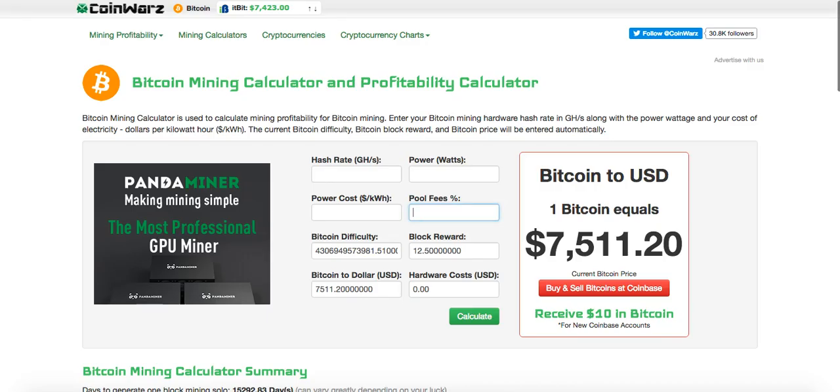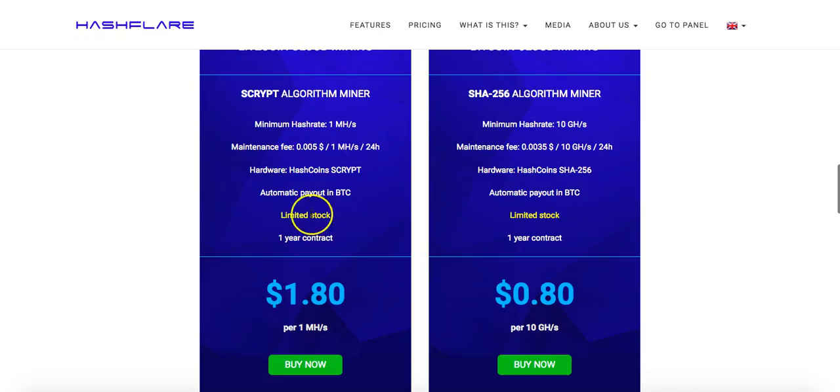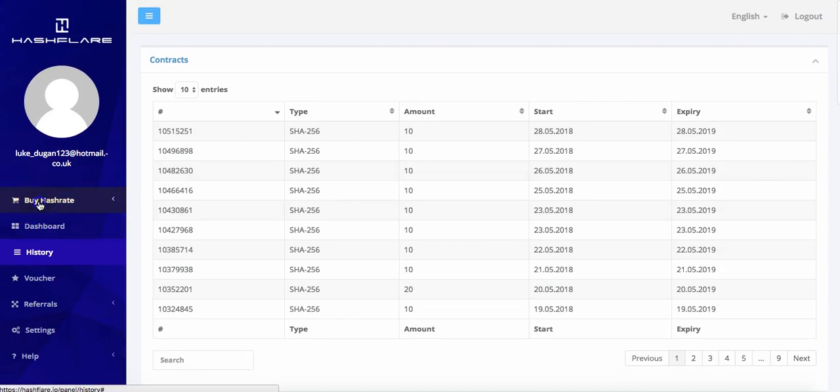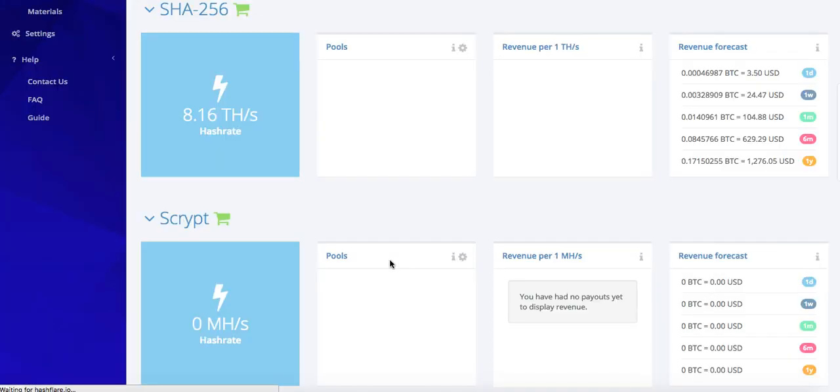So we'll go ahead to coinwars.com, and you can go through. They have proper calculators for lots of different cryptocurrencies, but we obviously want to mine Bitcoin. The hash rate here is what we purchased. So if we jump back over to here, just to take it a little slower so everyone understands,